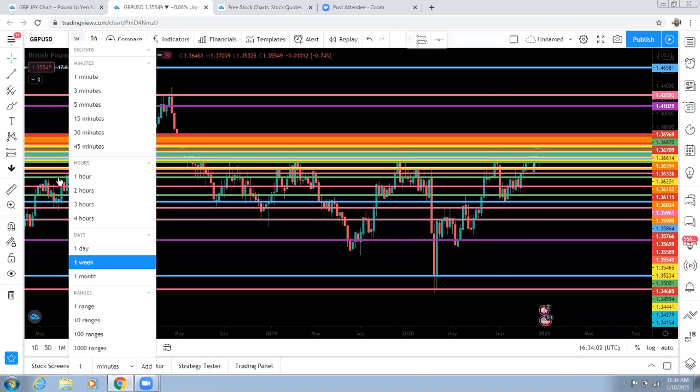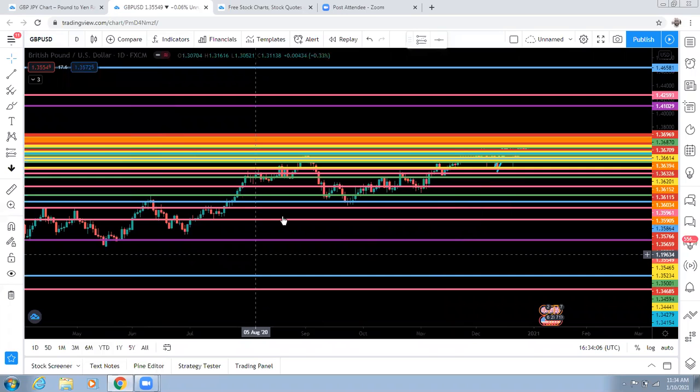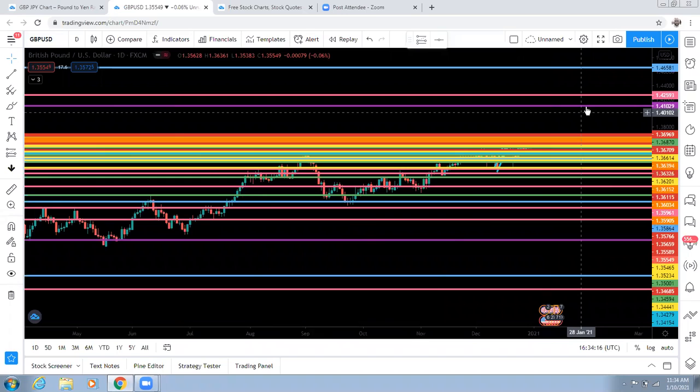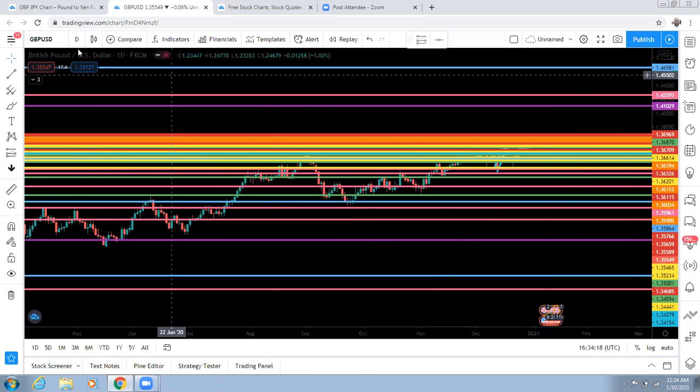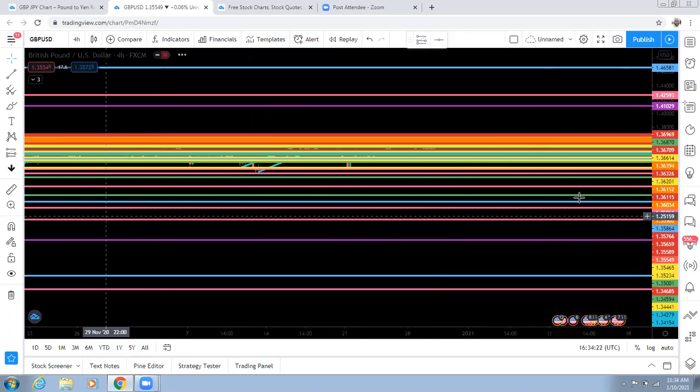I dropped down to my day time frame. How many days in a month? 30. So that means it's going to be 30 of these candlesticks that add up to my monthly. I know in the 4 hours,